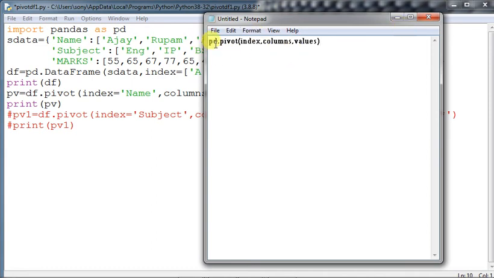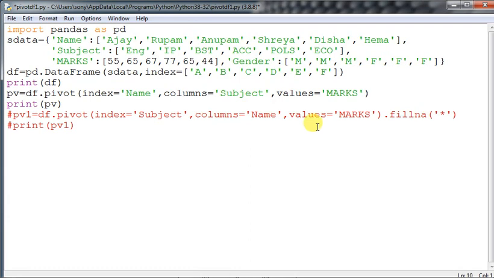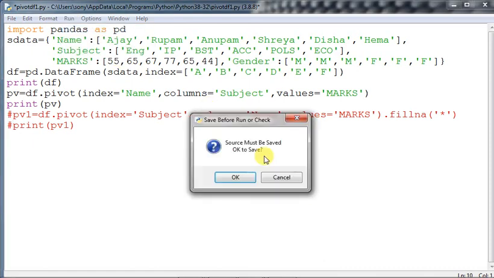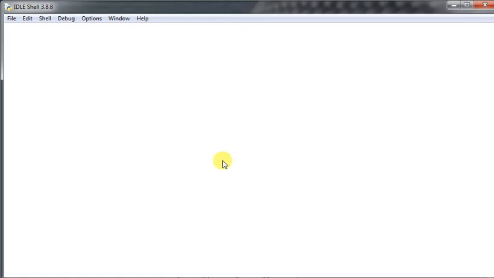This is the pandas object, so we have created pd out here. A similar thing has been taken here. If you tally the command with the syntax, you will get all three parameters in the pivot method: index, columns, and values. So this is the syntax for the pivot. Now when we create this, we will see how the pivot method functions and what the output will be. I'm just executing this program. Let's see what is happening out here.